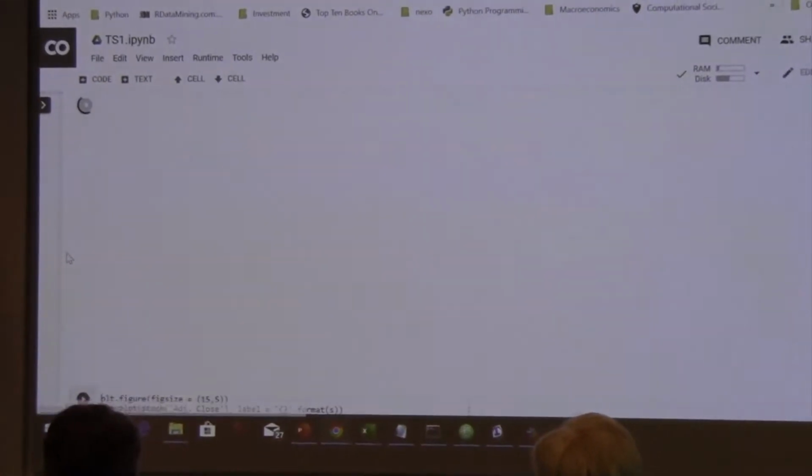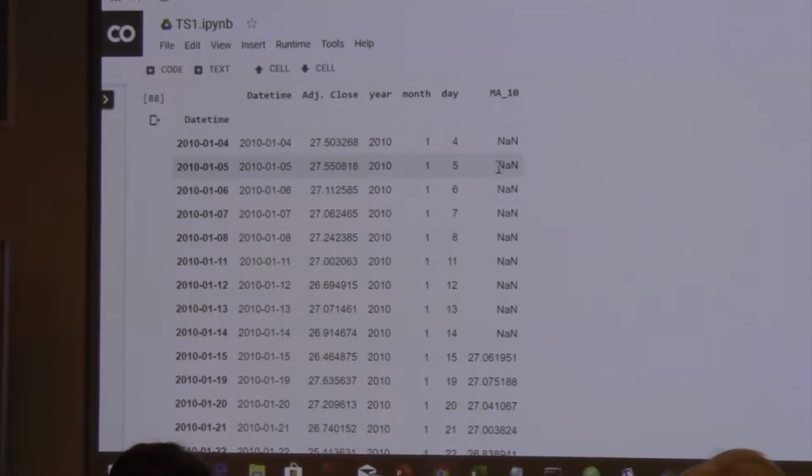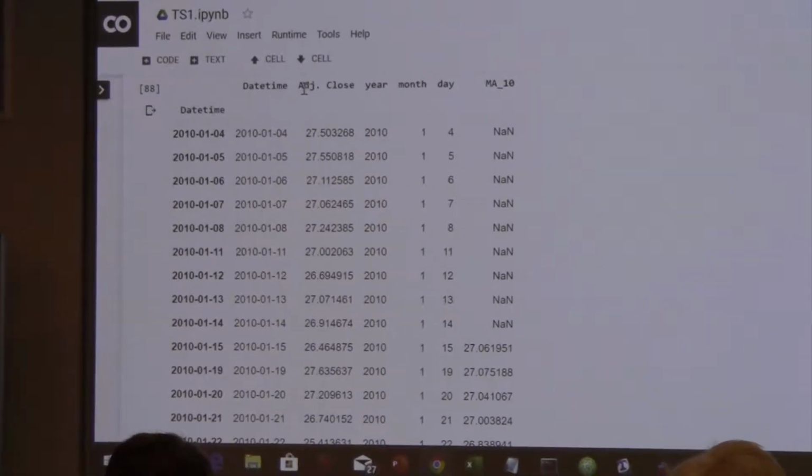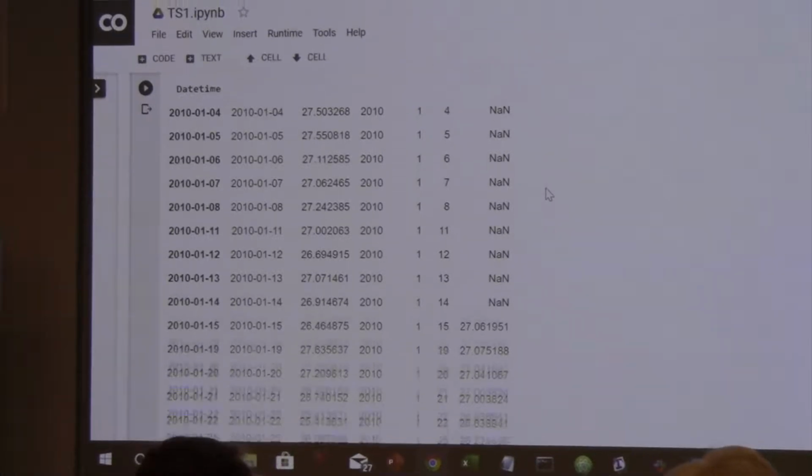Now, moving average. Moving average, we grab the last 10 days of stock prices, remembering that we are using the adjusted closing prices, not the closing prices, because otherwise we would have to adjust for splits, dividends, etc. So whenever you play with stock values, use the adjust close.